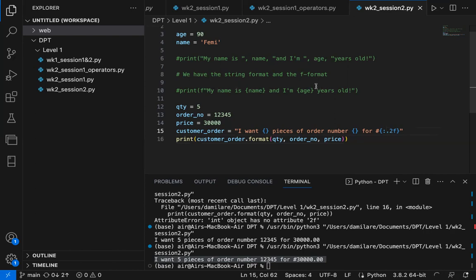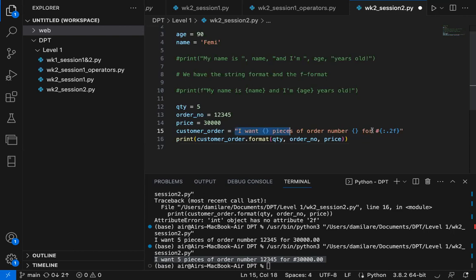But like I said, you can use any of these 2 methods. It will work fine. Personally, I like to use the F format. Personally, that's this line 10. So does it mean we can use F format for this quantity order and price? Yes, you can. So what you can just do is, in that case, I can just copy everything here,